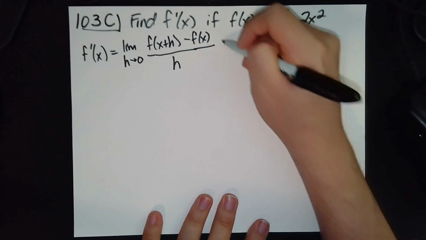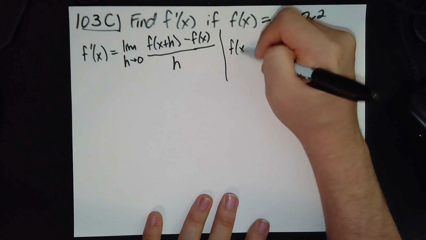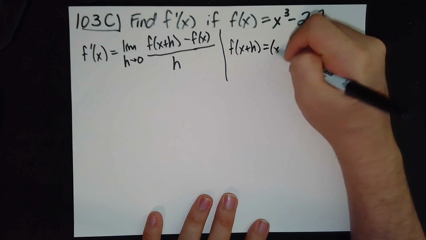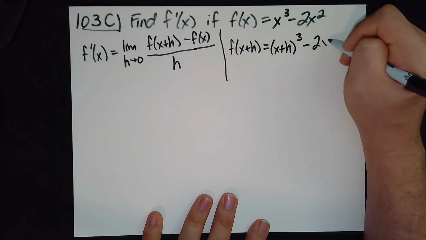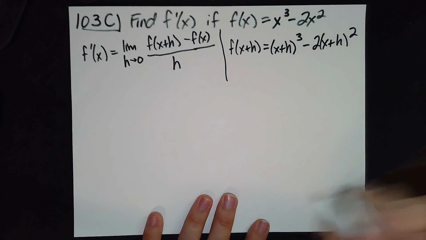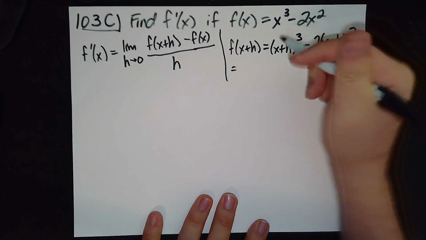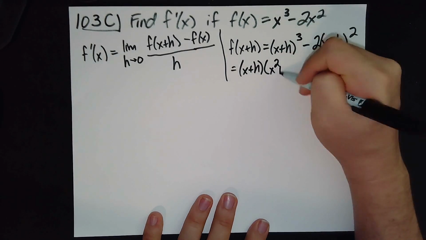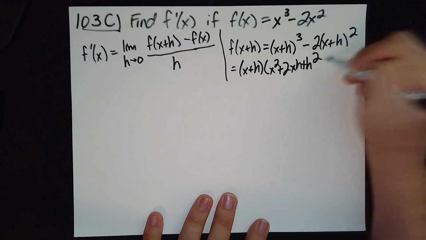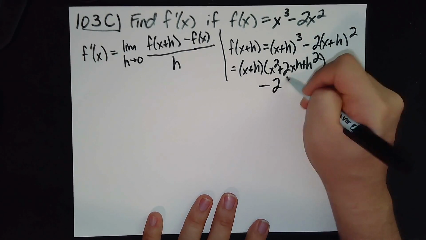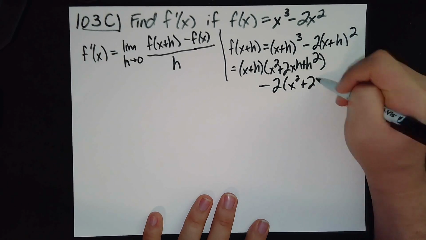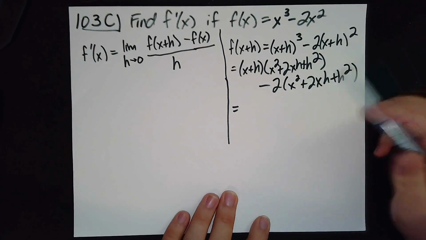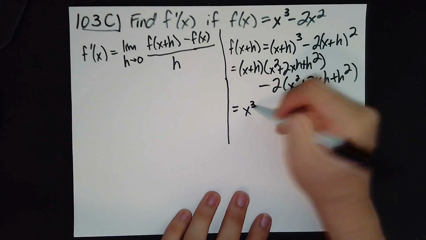It's one of these instances where it's probably going to be messy enough that it's worth simplifying f of x plus h first. So that is going to be x plus h minus 2x plus h squared, like that. So we can simplify this. That is going to be x plus h times x squared plus 2xh plus h squared minus 2 times x squared plus 2xh plus h squared, which, if I write that out, is x cubed